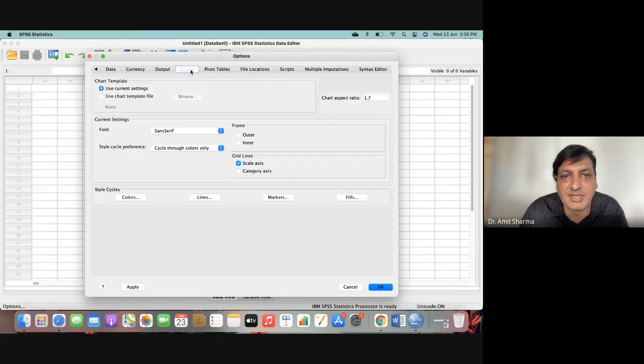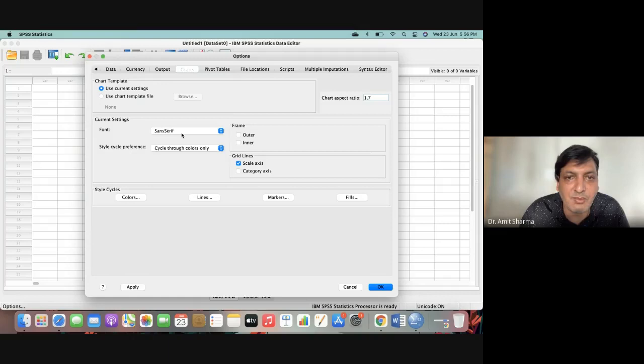And for the charts, you can set the ratio, that is, the size of the chart, because all the journals give guidelines that the figure provided should have this much resolution and this size. All these things you can set by going into the ratio, and once you make the graph, there also you can set the resolution and all.